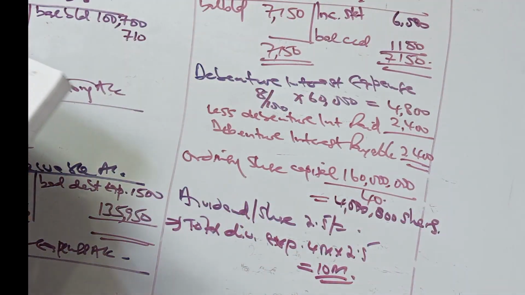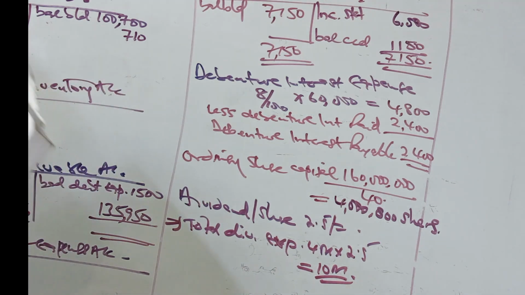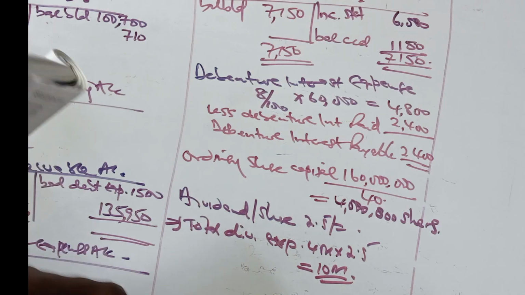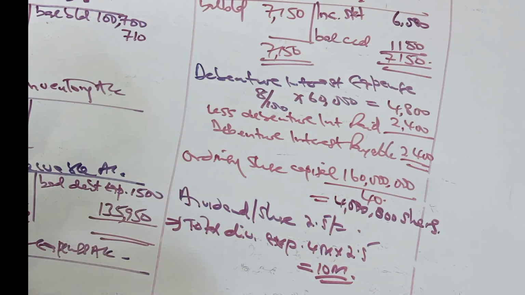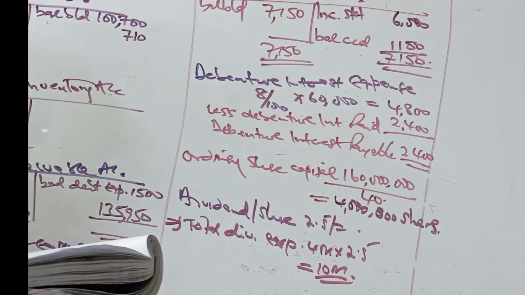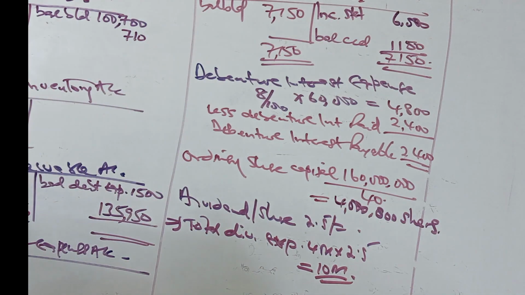Please mark, we are told it's a proposal. It's not a payment. Therefore, we will debit the income statement as we record a liability, dividends payable, which should be shown as a current liability in the balance sheet. And quickly, those are the workings that we're supposed to have done to get our